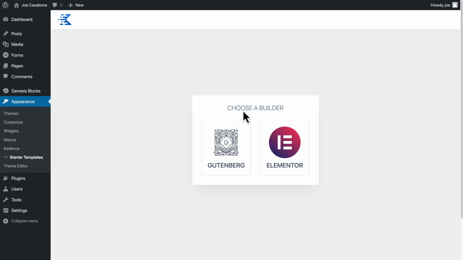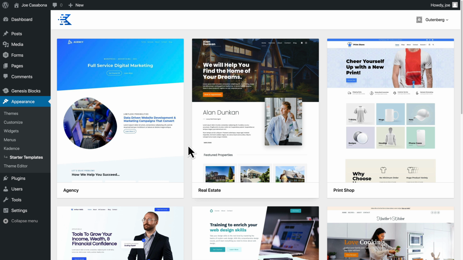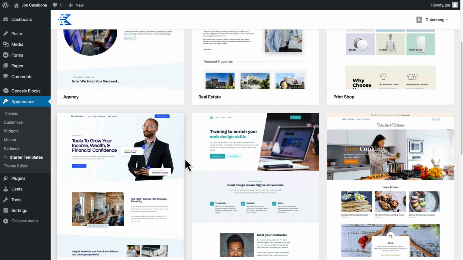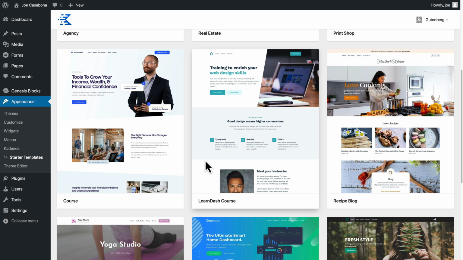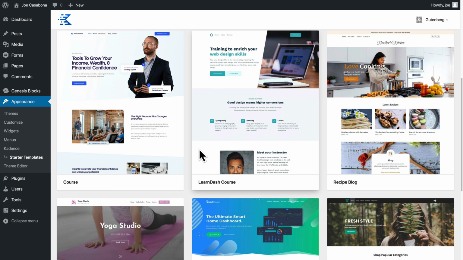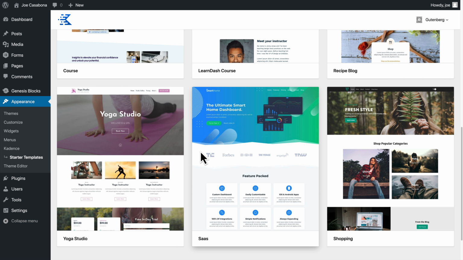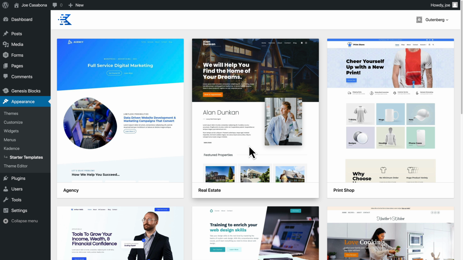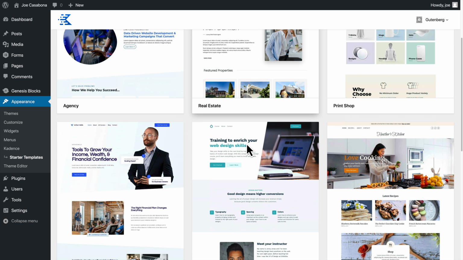So choose a builder. This is vanilla, so I'm not using Elementor. I'll use Gutenberg. And then it's got a bunch of interesting templates. Now, this is very reminiscent of Astra's theme, where they have some starter templates. So we've got course, we've got LearnDash course. That's really interesting because that makes it seem like it integrates directly with LearnDash, which is cool. Something for me to keep in mind because I do run a LearnDash website. SaaS, Shopping, and Yoga Studio are the Gutenberg themes. So these look okay. I don't think I'm going to go with any of them because I already have